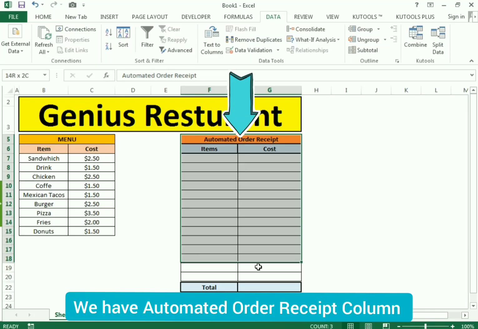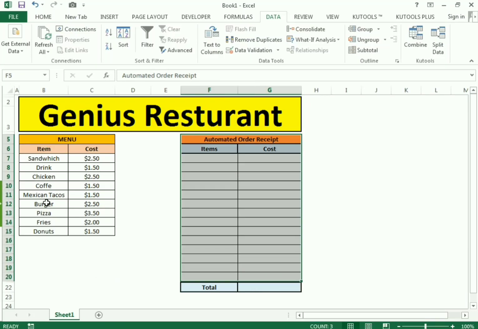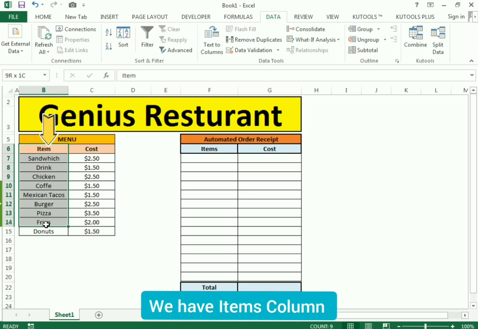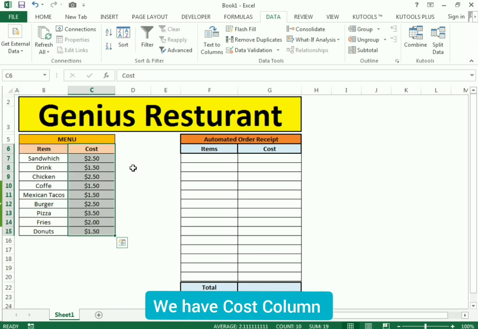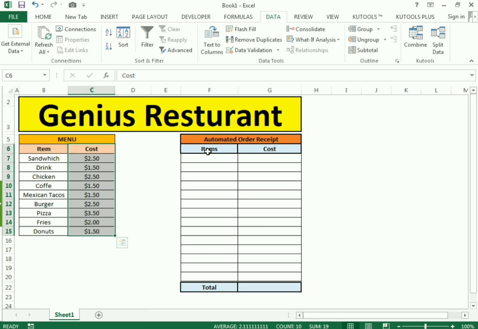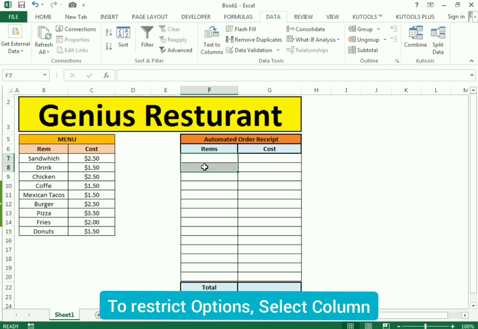In this video, we will discuss automated order receipt. We have the item column and the cost column. Now we need to restrict the items in the column, and to restrict the items we select the whole column,